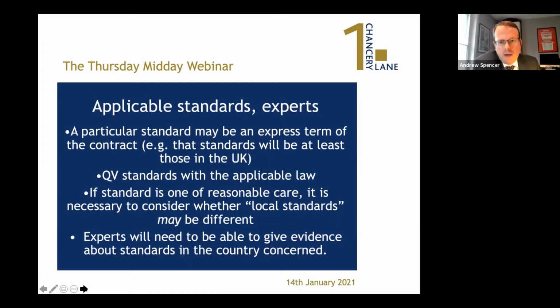And in those kind of cases, it is necessary to give some thought to the possibility whether there may be some difference in standards in the place where the medical treatment has taken place. I have to say, I have a degree of difficulty with this concept because medicine is an international profession, and medics attend conferences all around the world to deal with and exchange best practice. So I think there's a limit to how far this argument can go in lots of cases, but it's important to bear it in mind because it is possible that there may be a difference and the difference may matter.